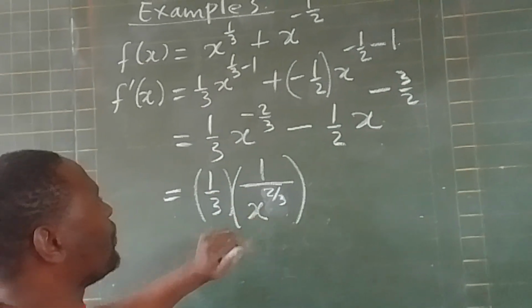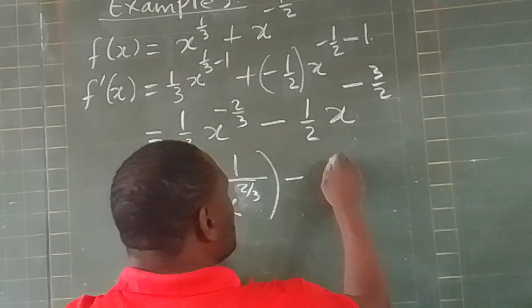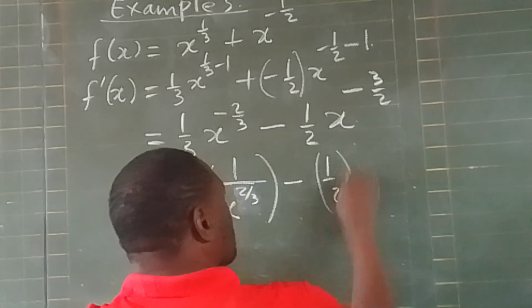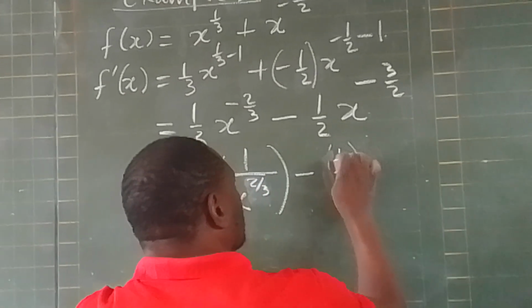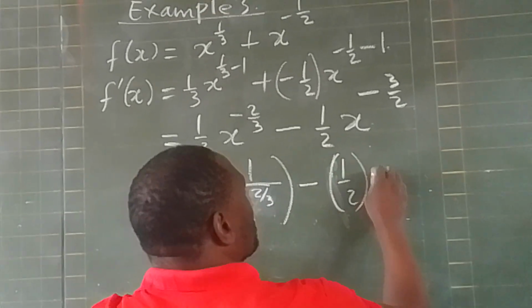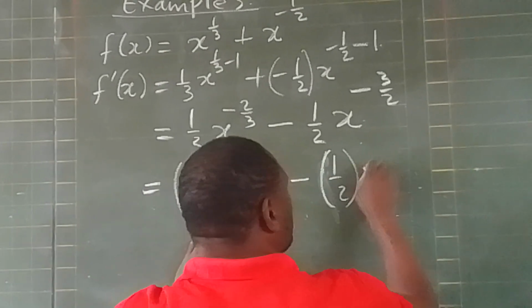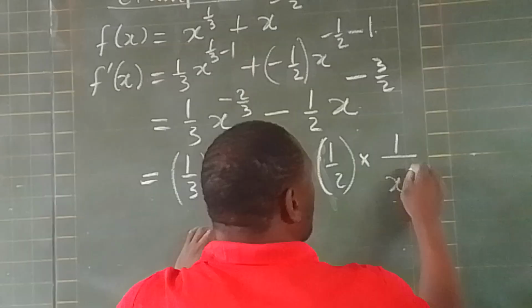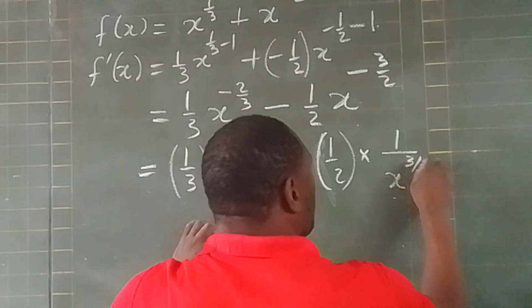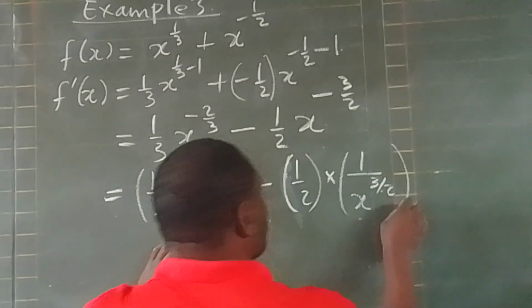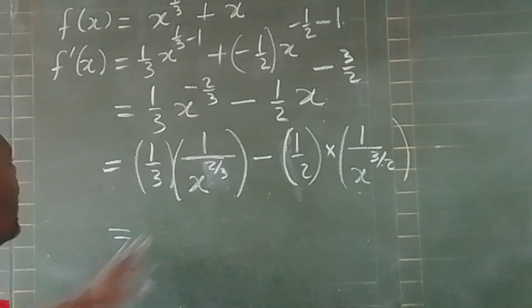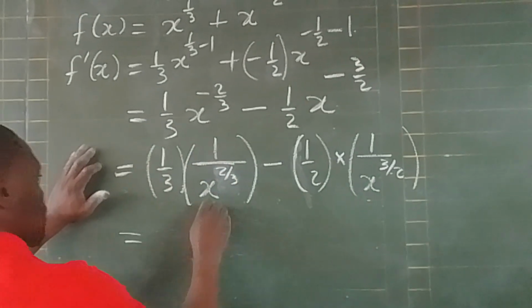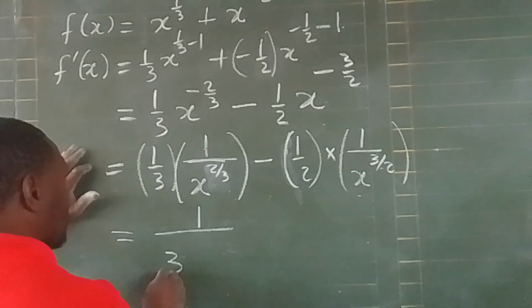The exponent becomes positive. Right, minus 1 over 2, it's half. You do the same, multiplied by 1 over x to the power 3 over 2. Right, 1 times 1 is 1 over 3